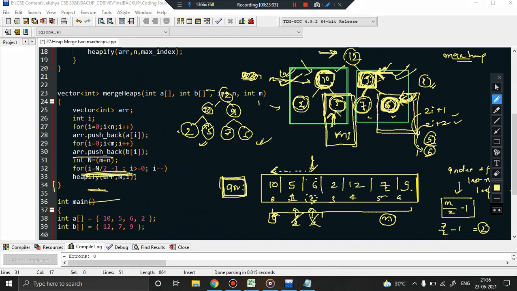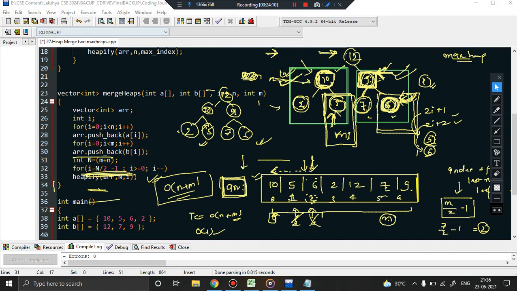And you can see that this particular approach, on an average, if you just refer to the article for this approach, build heap takes order of n plus m. Why n plus m? Because total number of elements in this array was n plus m, right? So it depends upon the size of the array. So time complexity of this approach is linear in nature, order of n plus m, right? And obviously we are going to take a constant space here. If you just exclude this vector that we have considered, apart from this we didn't take any extra space, right? So a constant space.